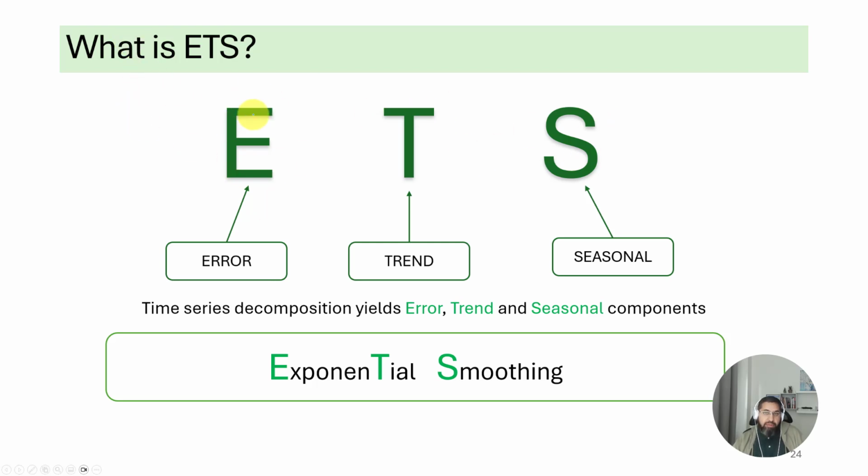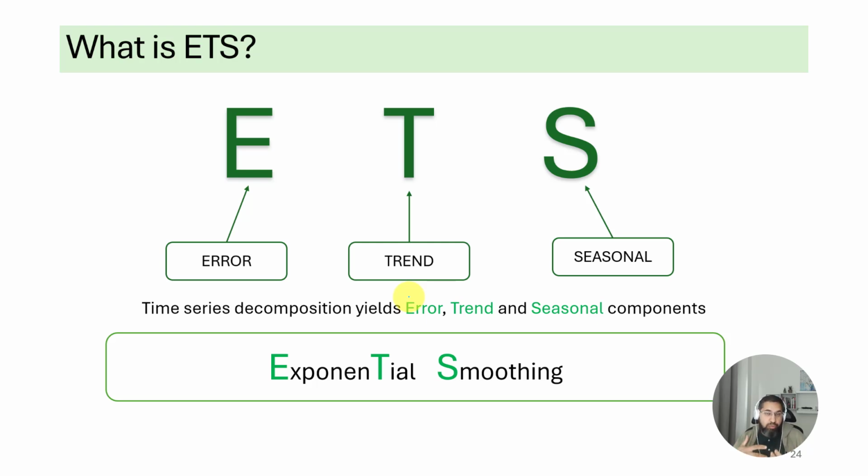So ETS, sometimes people just use ETS for exponential smoothing as well. ETS actually stands for error, trend, seasonal. These are the components of time series that ETS methods try to estimate. And as I mentioned, ETS is an upgrade or update on exponential smoothing methods. So some people just use ETS to refer to ETS as well as exponential smoothing. They're both the same thing, just like updated exponential smoothing is ETS. And I'll show you what the difference between them is.